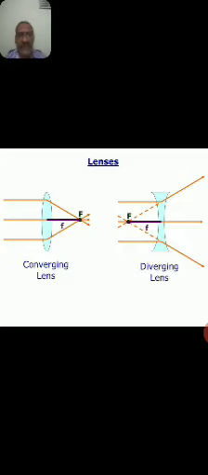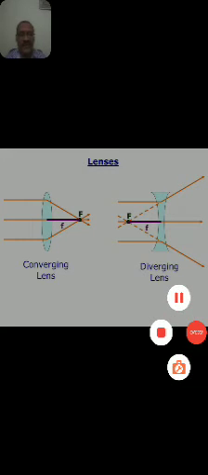The left diagram indicates the convex lens, which is called a converging lens, and the horizontal blue color line is called the focal length F in the case of a convex lens. In the right side diagram, light rays fall on the lens and converge at a point, capital F. Then the distance from the mid portion of the lens to the capital F point is called the focal length in the case of a diverging lens or concave lens. These are the differences between convex and concave lenses and their focal lengths.